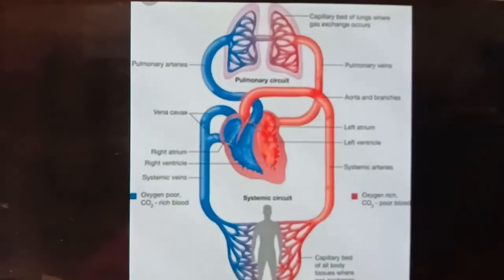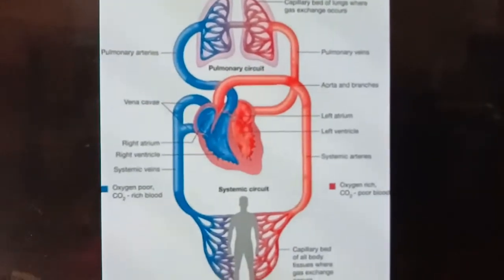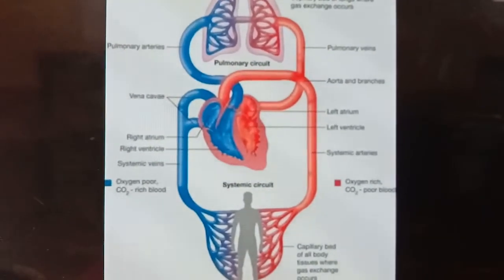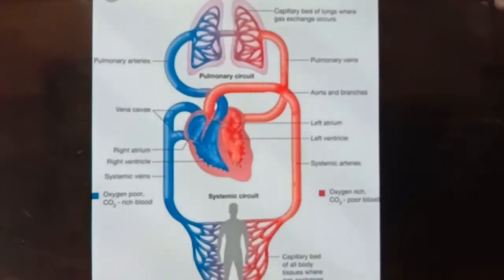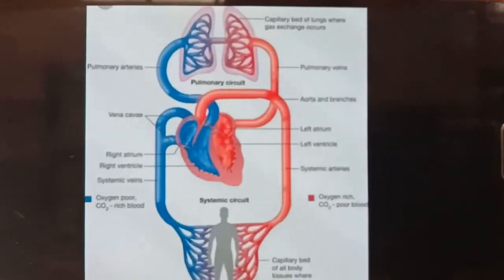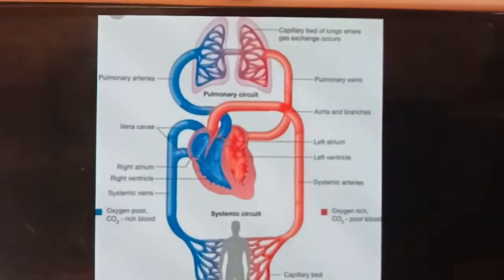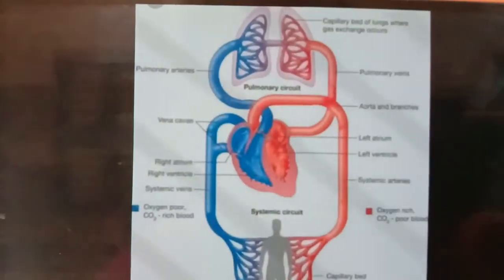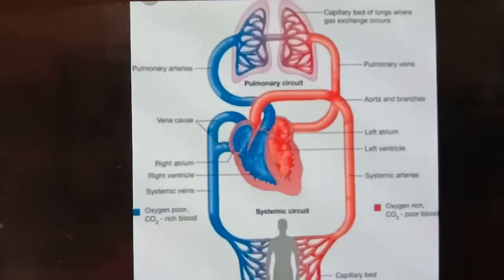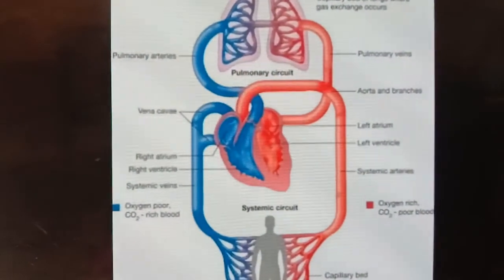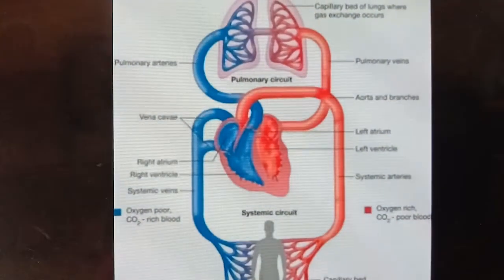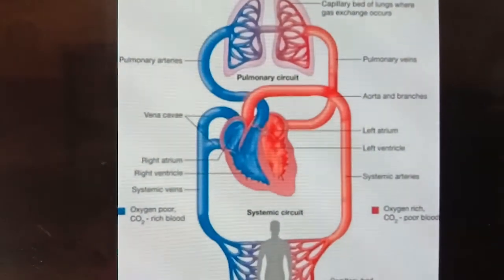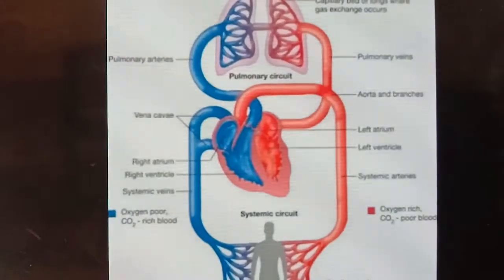First, the left ventricle sends oxygenated blood, and then deoxygenated blood returns to the right atrium. It's clear. Next one is pulmonary circulation. The path of the pulmonary circulation starts in the right ventricle. I will explain the details next; just see the diagram. Next, coronary circulation. This is the supply of blood to the heart muscles, which is called cardiac muscle.